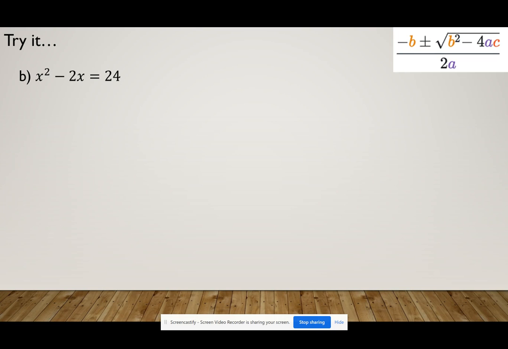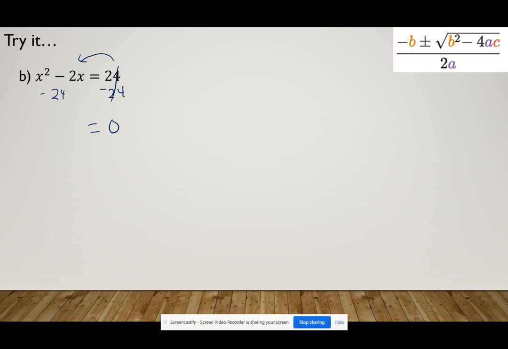Okay, so just like the other ones before, we have to get everything to one side. So we want to move this 24 over this side. So I would subtract 24 because it's positive. Okay, and we have equals 0. X squared and 2x cannot be combined, and I can't take 24 from either one of those because they're not like terms. So again, I'm going to write them in order from greatest to least